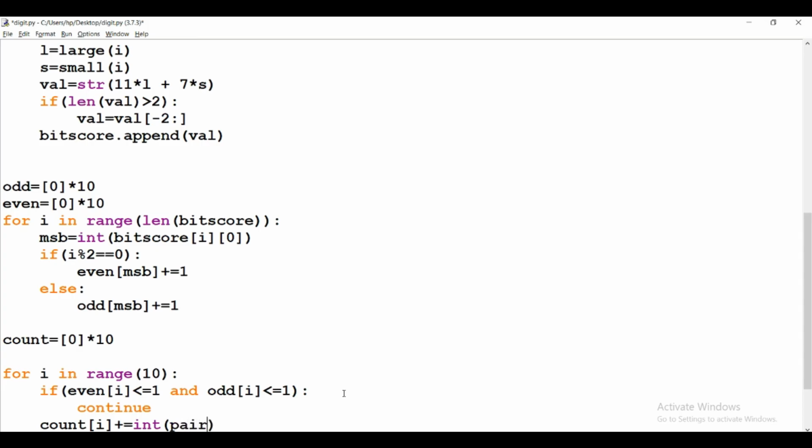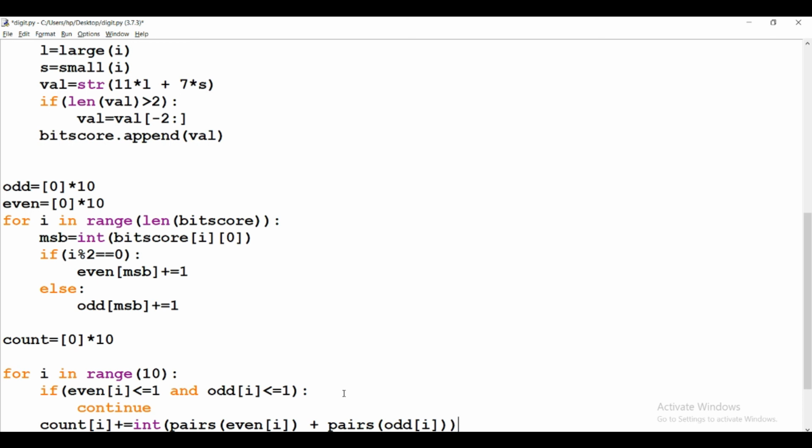We pass the even most significant digit count, so pair(even[i]), and add the odd count, pair(odd[i]) in the same way. If the most significant digit count is equal to 2, then we return one pair. If the count is greater than or equal to 3, then we return 2.